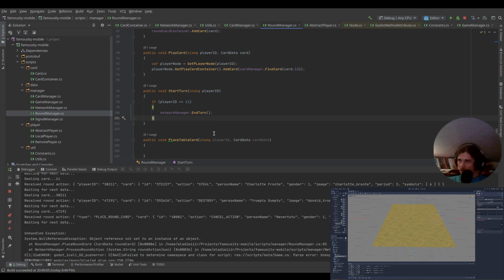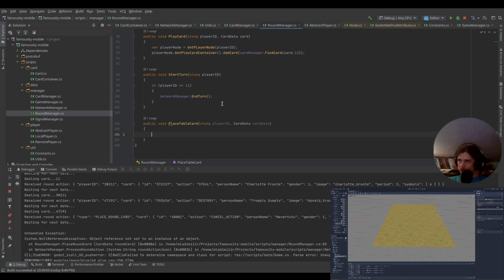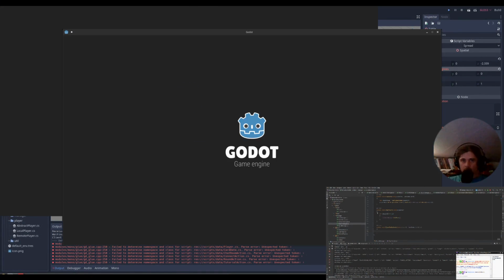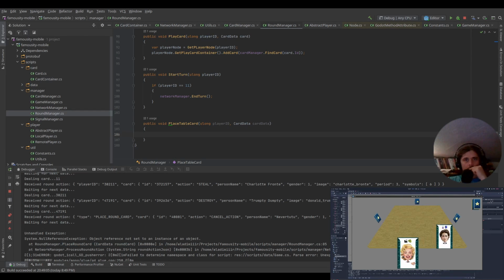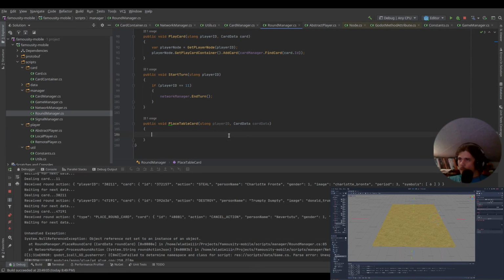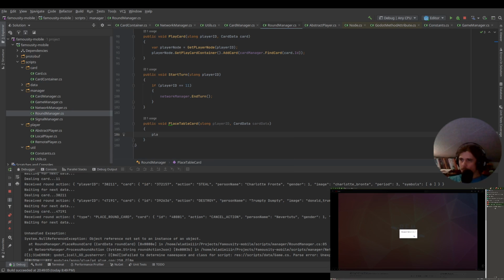Yep. And place double card. Okay, so let's test it if it's working properly with the play cards here. Okay, it does work properly. So now we only need to worry about the